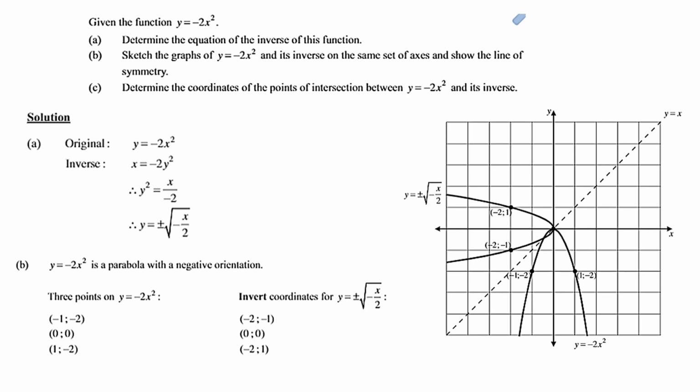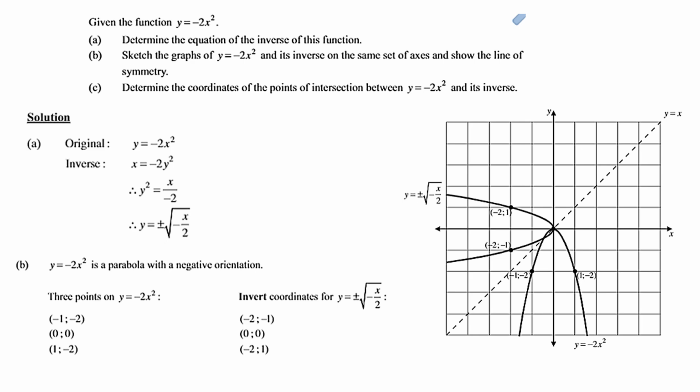Now remember, from the previous one was a graph with a minimum turning point. This is a graph with a maximum turning point. So the behavior will be slightly different. Again, if you're having a challenge with this, use the coordinate system, do your substitution, and you'll be able to plot these graphs. And again, the axis of symmetry is the line y equals x. Always take note of that. That will not change. Doesn't matter whether the graph has a maximum or a minimum turning point. y equals x will remain the axis of symmetry.